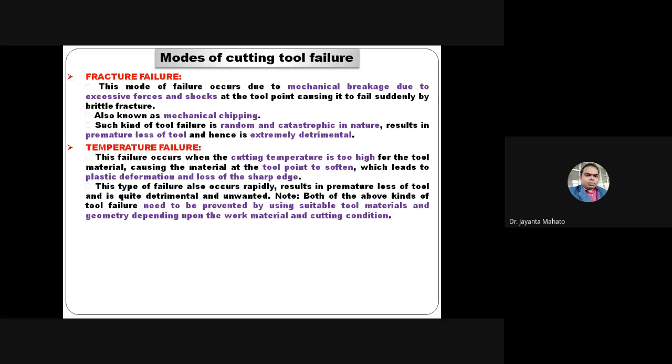If you control this cutting temperature by applying a cutting fluid, then this type of failure can be minimized or avoided. So for the fracture failure and the failure due to cutting temperature, the temperature failure can be minimized by using a cutting fluid. So if you minimize the temperature failure, then